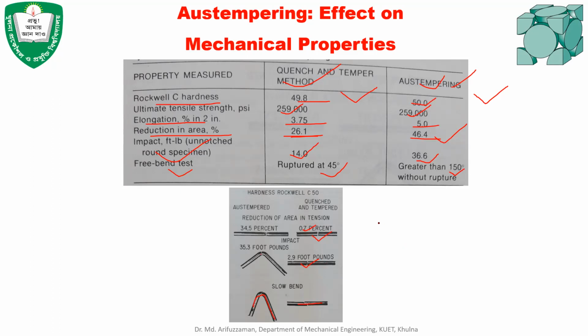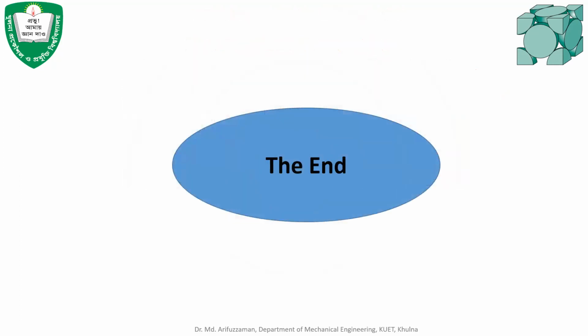Okay, so overall, if you compare general tempering and austempering, then austempering always shows better toughness, that means energy absorption capability, compared to the tempered product. Okay, because of the way of heating the structure, or the way of obtaining the microstructure. Okay, any question?